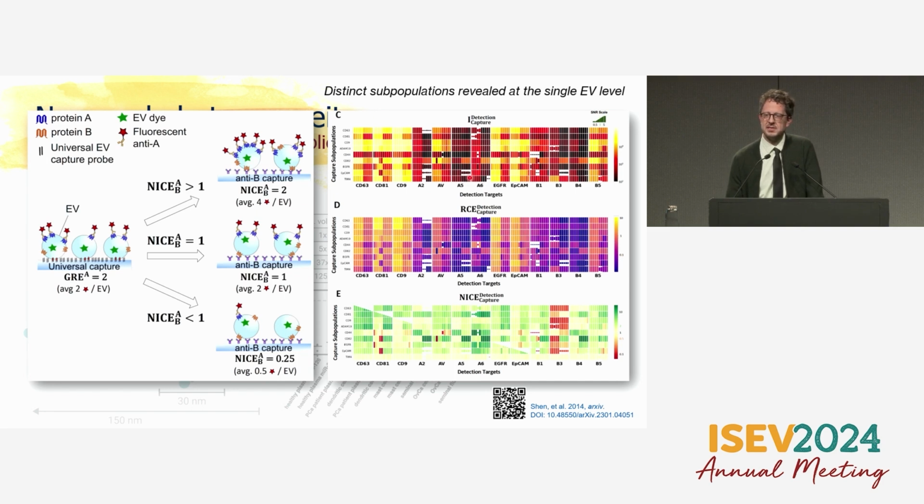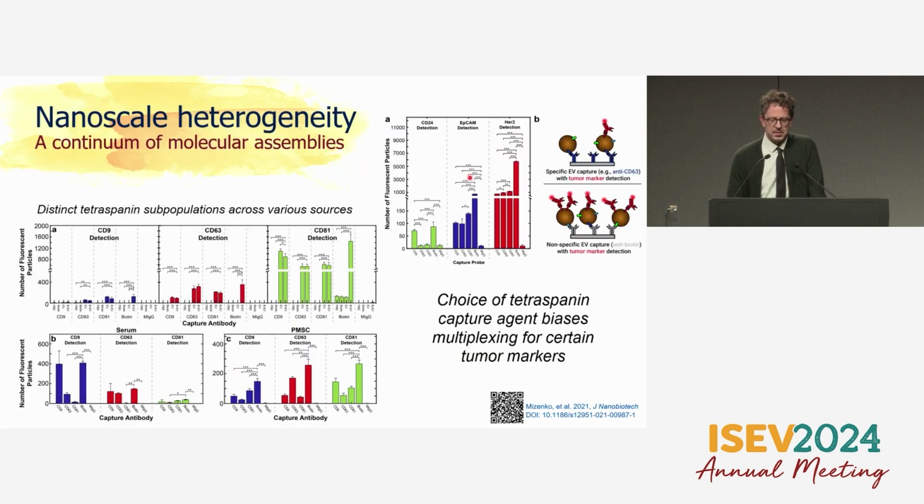And this type of analysis might actually reveal that there are multiple types of subpopulations that can be distinguished by composition rather than size or other physical properties. There's other work in this area looking at the classic tetraspanins, these three super reductionist tetraspanins that everyone is insistent on using, even though I remember coming to my very first ISEV in 2015, and it seemed like half of the speakers in that event were saying, oh, everyone's using these tetraspanins, why are we doing this? And here we are 10 years later doing this still.